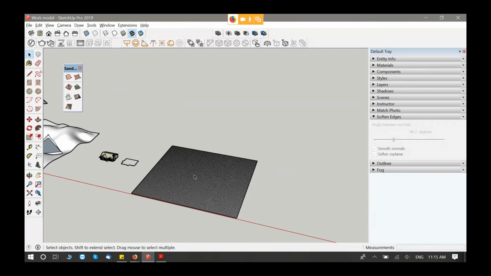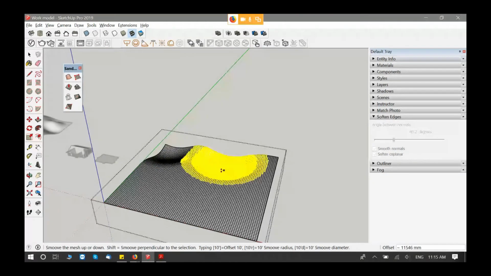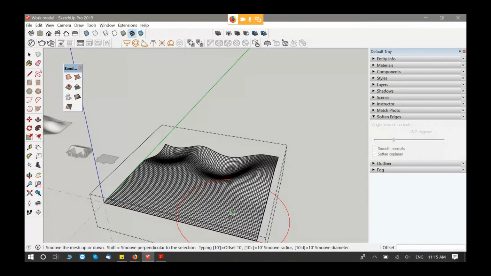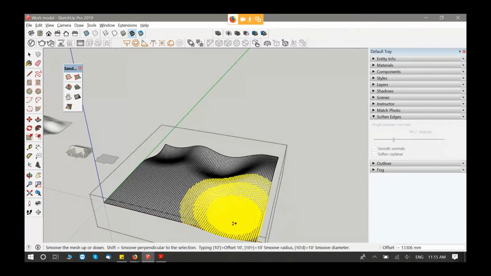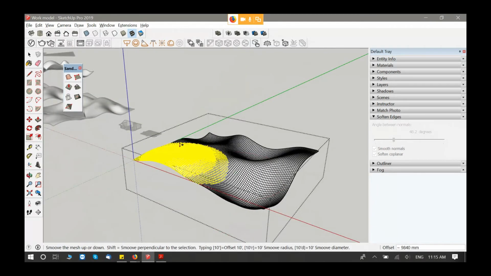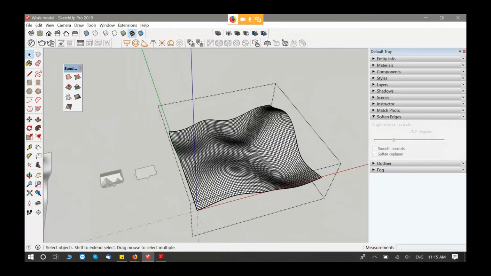Okay, I'll press again and let's create some smooth form. When I press, I move my mouse up and down. Press again and